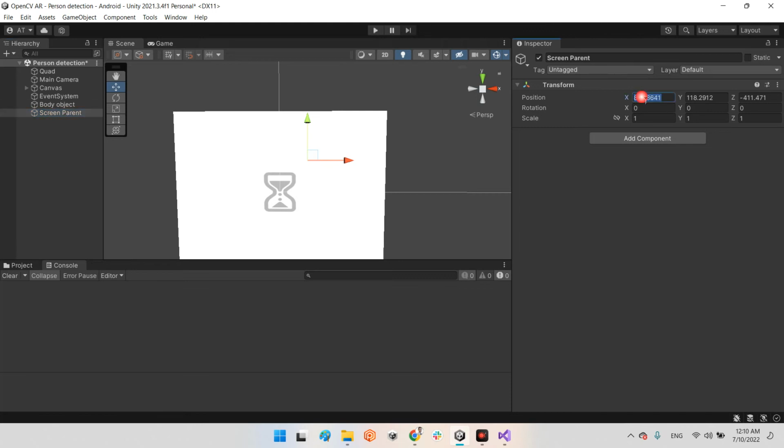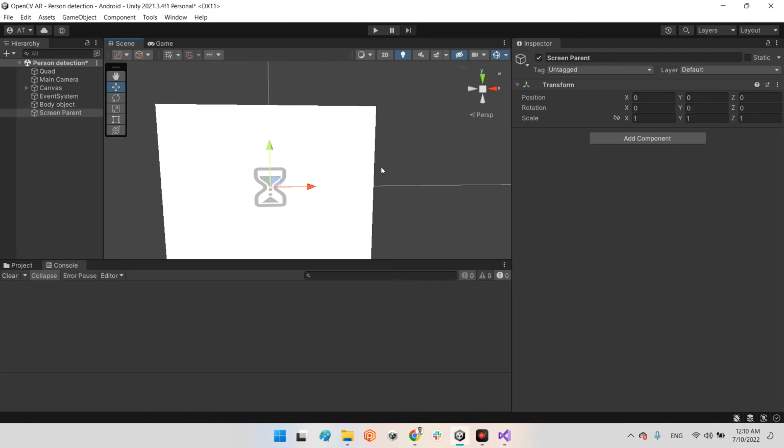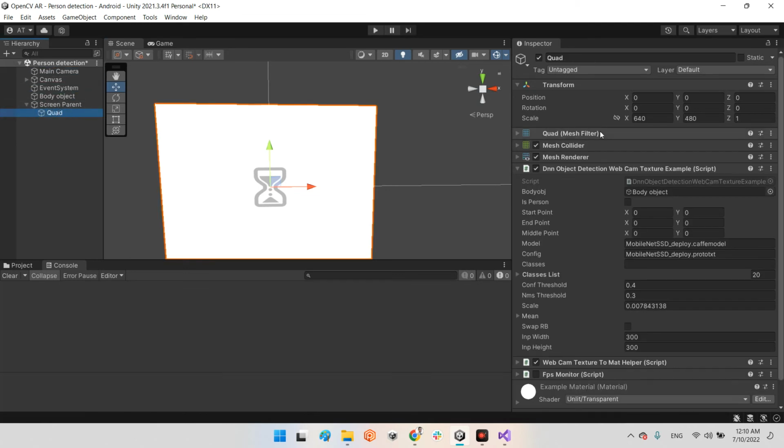Okay, and put it as 0, 0, 0. I want to simulate the positioning system of Unity with our screen positioning. Okay, and then I put this quad as a child of this screen parent, but we need to make sure